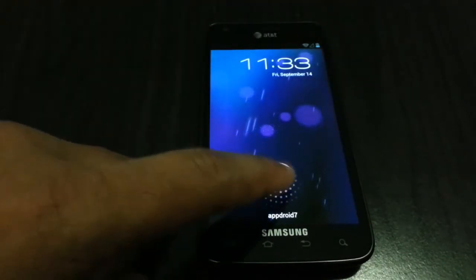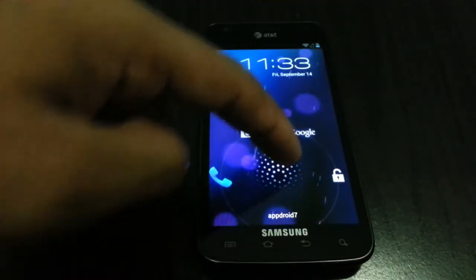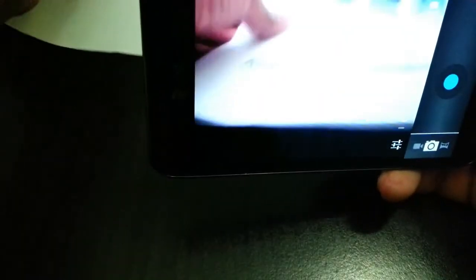Before I forget that, as you can see, the camera works. Let's take a picture of something.